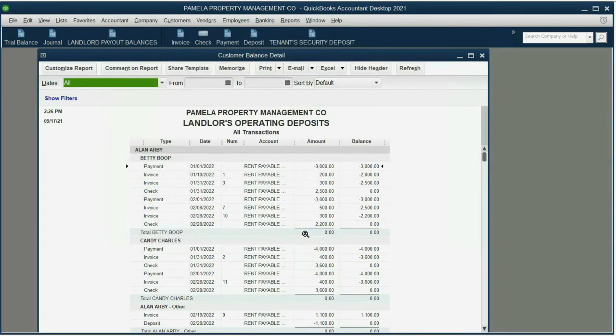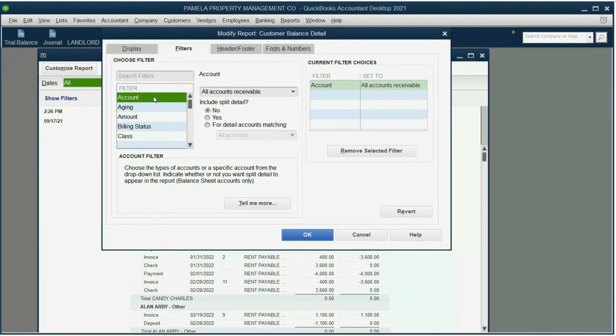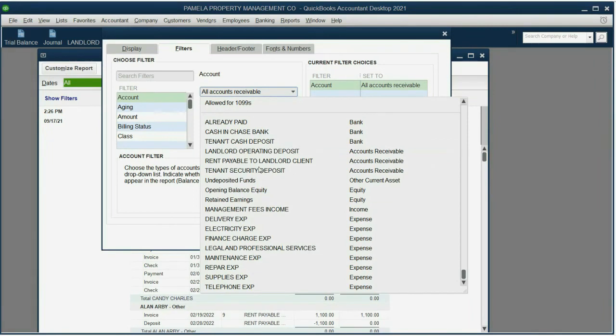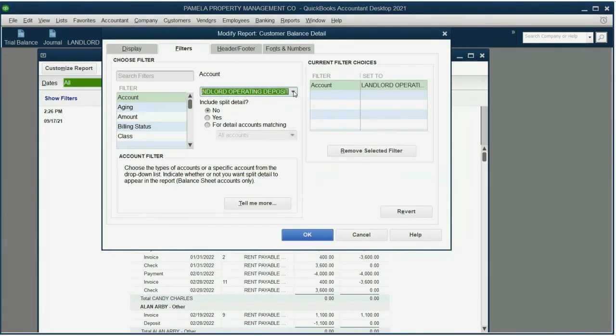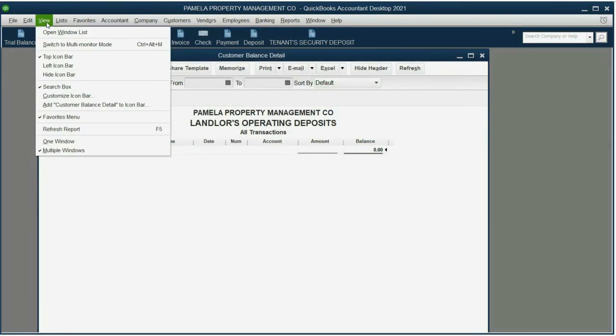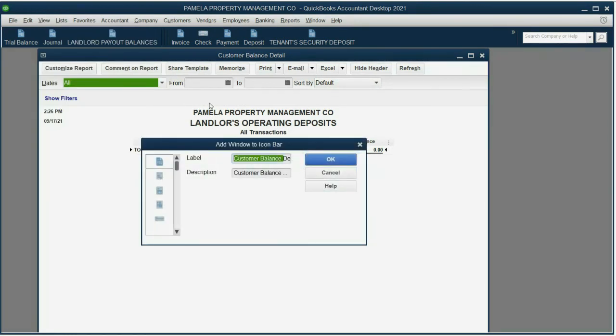Click OK. And now that the title looks right, we have to click Customize. And when we filter by account for this report, this time we're going to choose the landlord operating deposit, and only transactions that relate to this account will show up on this report. When we click OK, we see we haven't had any yet. So we click View, add Customer Balance Detail to the icon bar, and change the name in the label on the icon bar to